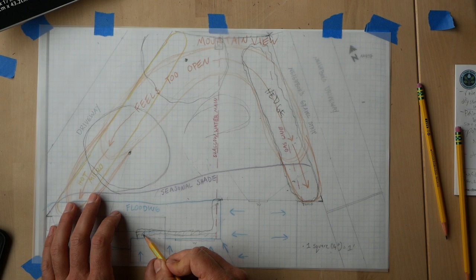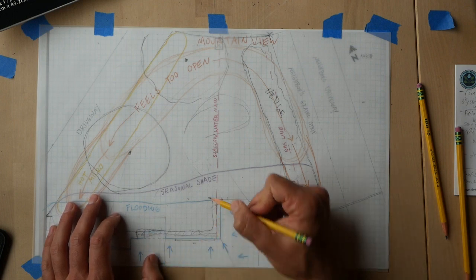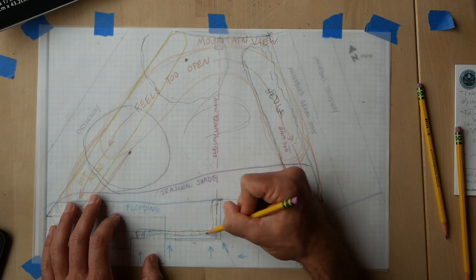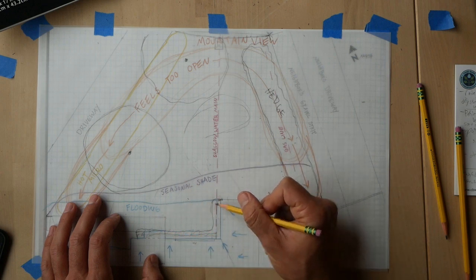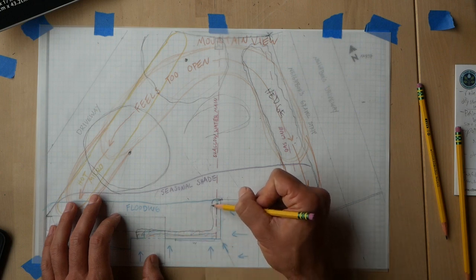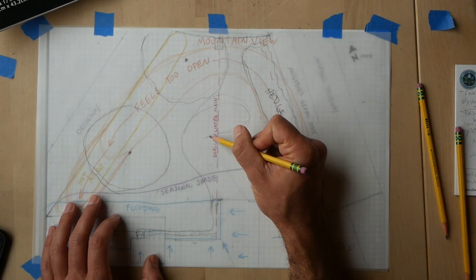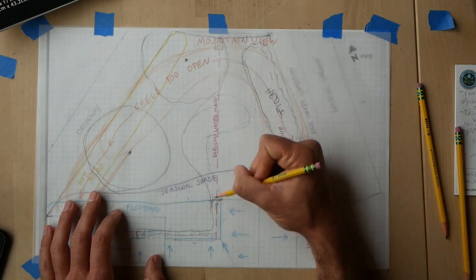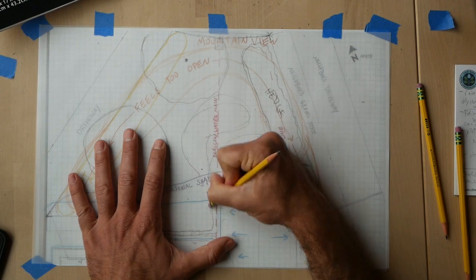So it could start pretty shallow, maybe only 6 inches, and then by the time it gets here, maybe be a foot, and then that could kind of match the depth of the dry stream bed, which could also, this could all feed into the dry stream bed just by getting slightly deeper and slightly deeper. And this part could be filled with gravel right up against the house. And then it could open up into a more naturalistic dry stream bed, something like that. Or it could be simpler and it doesn't need to go necessarily out that far. It could kind of just go like that, whatever you want. However,